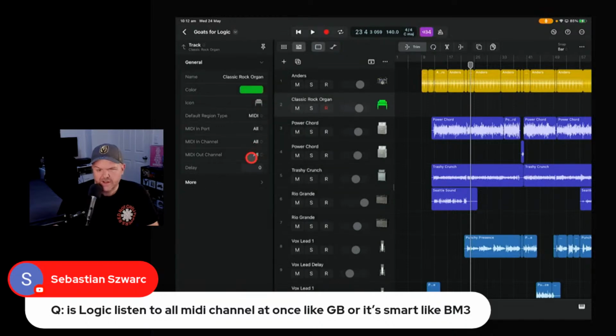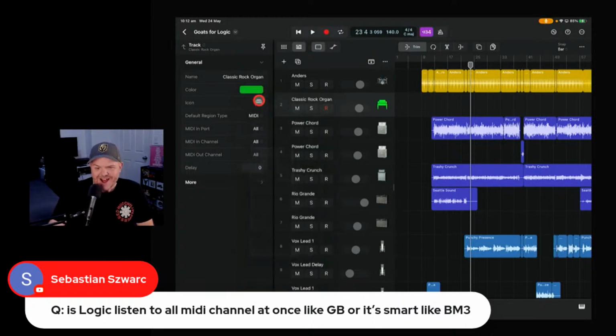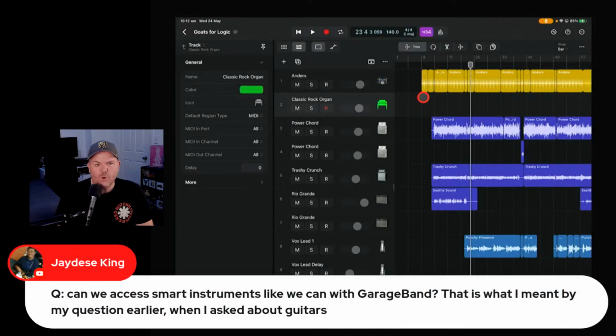So no, it doesn't just go dumb, and you do have MIDI out as well, which a lot of people are going to be very, very happy about. I don't use MIDI out personally, but other people do. So you're going to have the ability to determine your MIDI import and your MIDI output, and do MIDI in and MIDI out with each track, which is pretty cool. It's not just going to be dumb like GarageBand and listen to every track all the time, which doesn't work for all people and all interfaces.